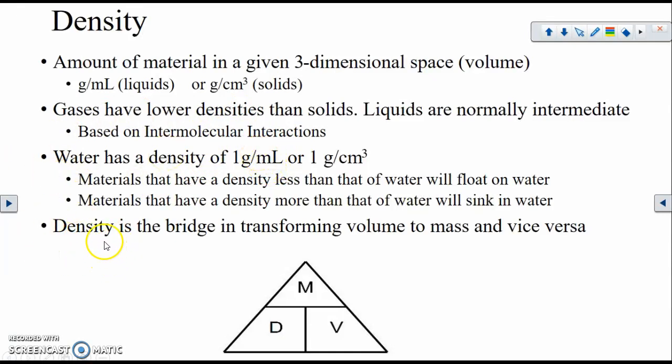Density is a very important mathematical relationship in conversion between volume to mass. So when you go from volume to grams or volume to cubic centimeters and vice versa, this is it. And the way you use this is called the density triangle. If you are, in this case, solving for density, you cover density. So you would cover this area here. And as you can see, the mathematical operation to calculate density is mass over volume, because mass is on top